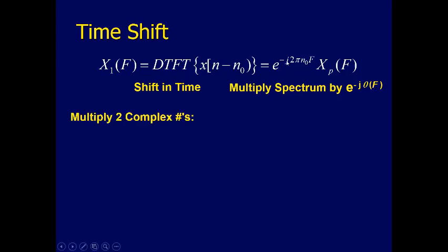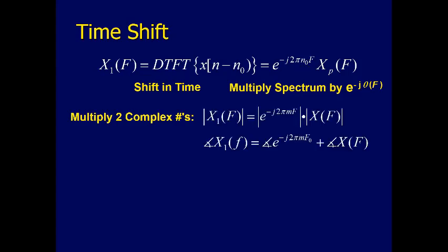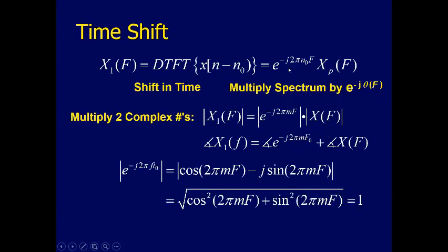And we know when we multiply two complex quantities, two complex functions, what we have to do is take their individual magnitudes and multiply them together to get the magnitude of the product. And we take the phases of the individual ones that we're multiplying together, and we add their phases to get the phase of the product. So if we look at what multiplying the discrete time Fourier transform of our x sub n by this exponential did due to the time delay,